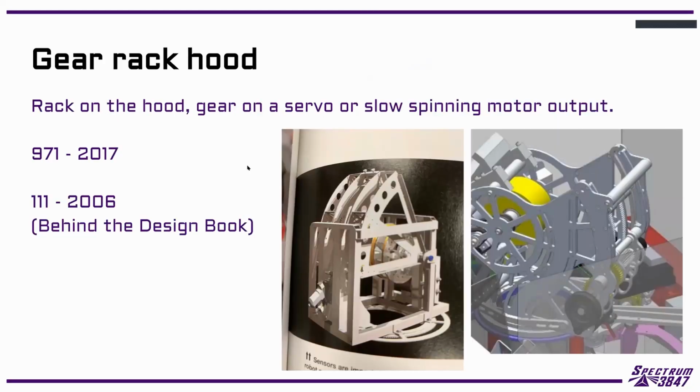All right, so this is another one that we had from the beginning of the season. So this is basically the gear rack hood. So you have a sector gear of some kind. You can kind of see it over on this 971 picture. And we'll look at their CAD actually in a second. And so they're able to move this up and down along a rack. Like there's bearings that are able to slide back and forth, and you get a nice consistent angle change wherever you are. That being said, you are required with this setup to be using the